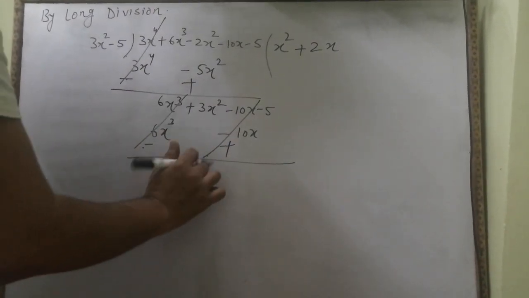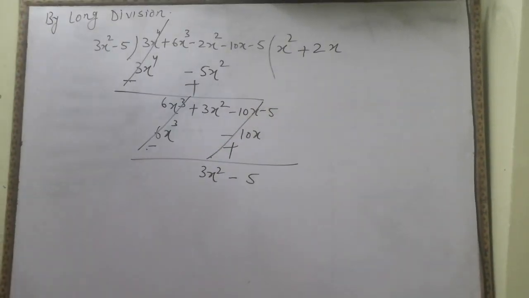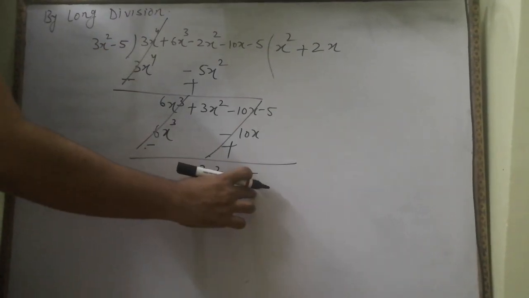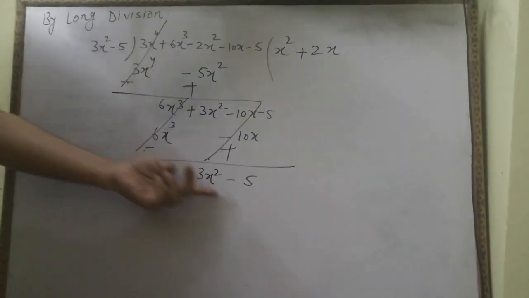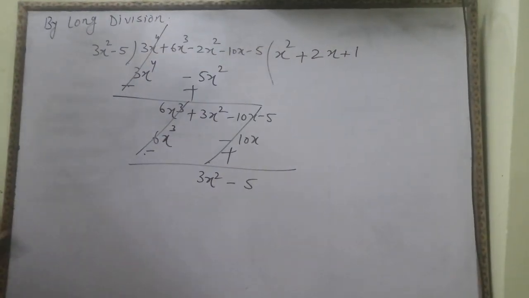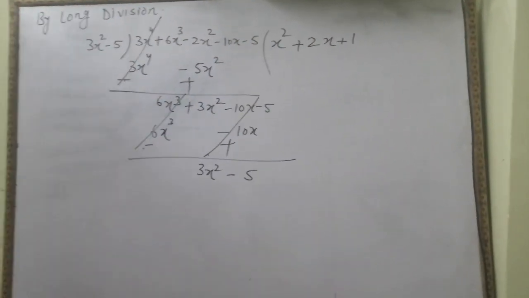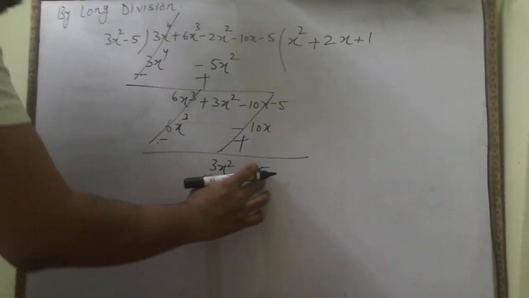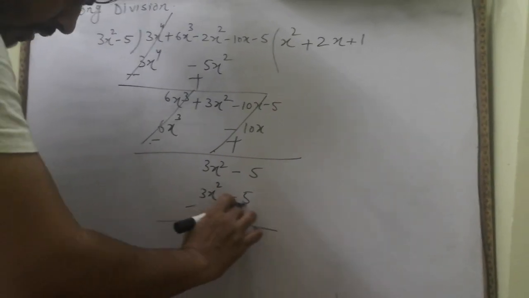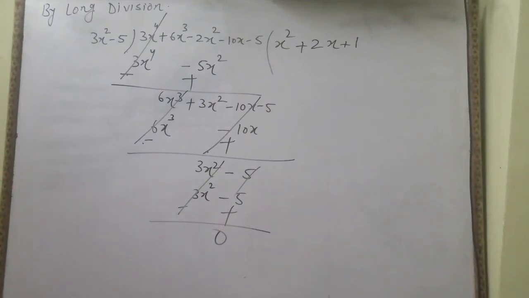Now put the term as it is, 3x square minus 5, because it is not participated in the division process. Now match the term: here 3x square minus 5, here also 3x square minus 5 has come. If the terms match the same, we put just plus 1 for this. Only 1 we will put. And by putting the 1 we write the same term as it is just below the term. Then minus, plus, cancel out, remainder will be 0. So this is the process.